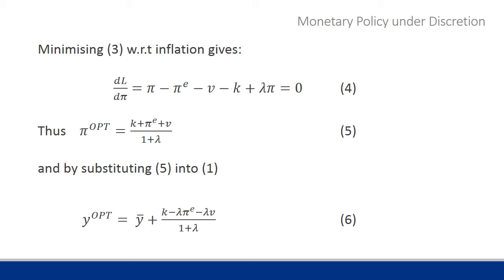Now we can optimize or minimize the losses by differentiating the loss function with the constraint given by the aggregate supply relation built in with respect to inflation. But dL/dπ